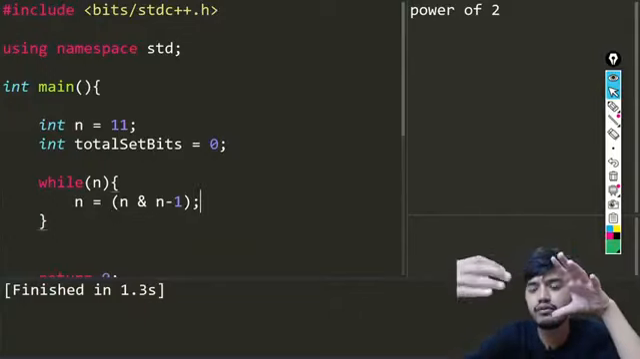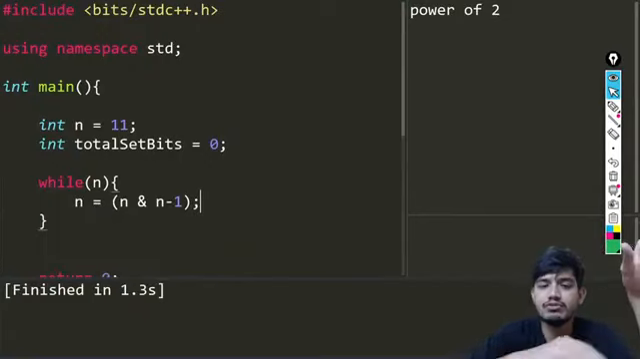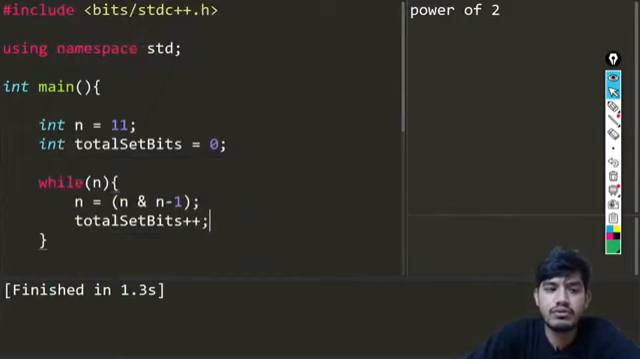Okay, what I'll be doing is n and n minus 1, and whatever value I get, I'll be storing that, and I'll be incrementing my total set bit count. Okay, total set bits, and that's it. That is what you want to do, and in the end you'll be just writing the